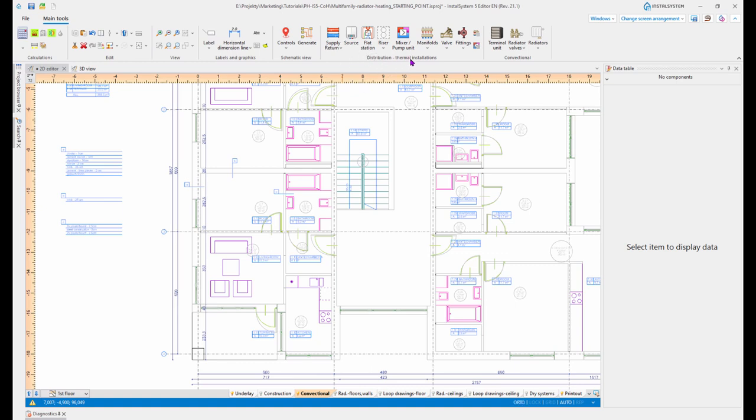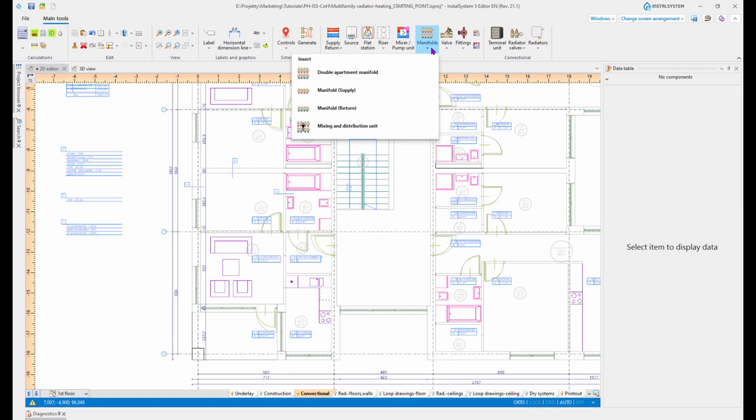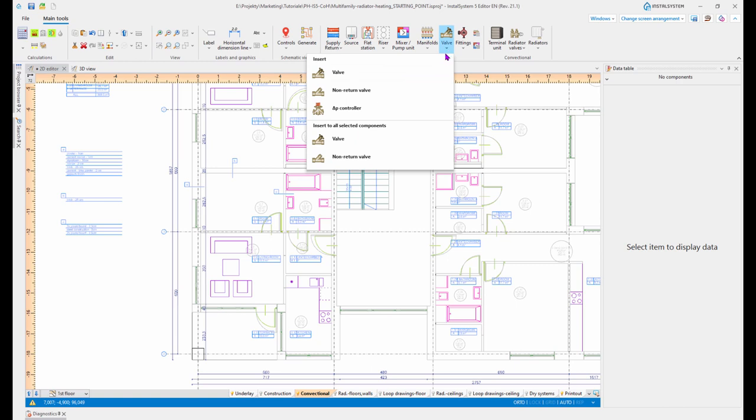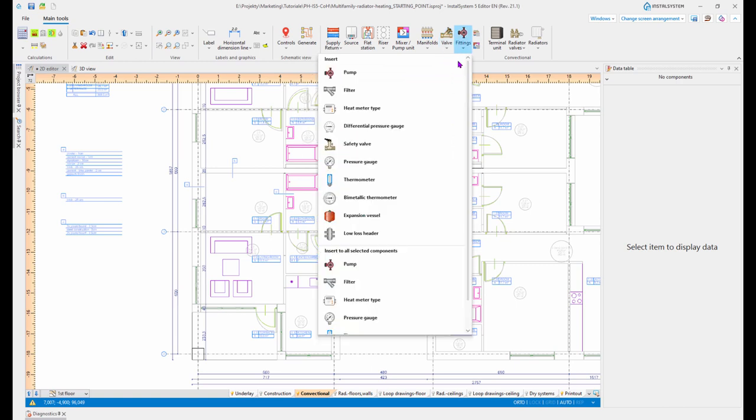So first we've got a group of icons, distribution thermal installations with pipes, source. Flat stations are available if you have that module in your configuration. Riser to connect part of the installations on many levels, mixer or pump unit, manifolds, double or single bars, valves, other fittings,